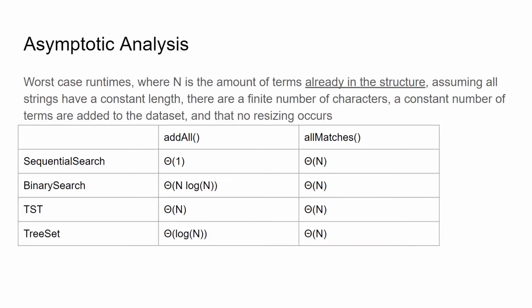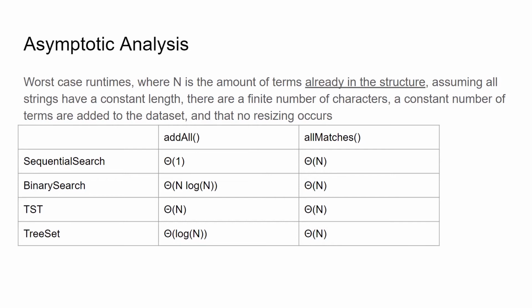And for tree sets, we know that this is implemented through a 2-3 tree, in which insertion into the tree would take log n, where n is the number of elements currently in the tree. So since we're inserting a constant amount of elements, that would be the same as inserting one element, and therefore asymptotically it would be